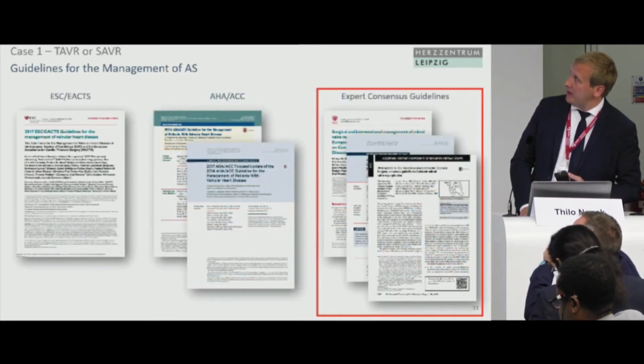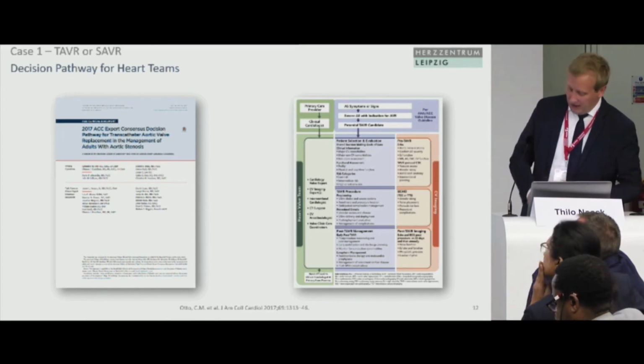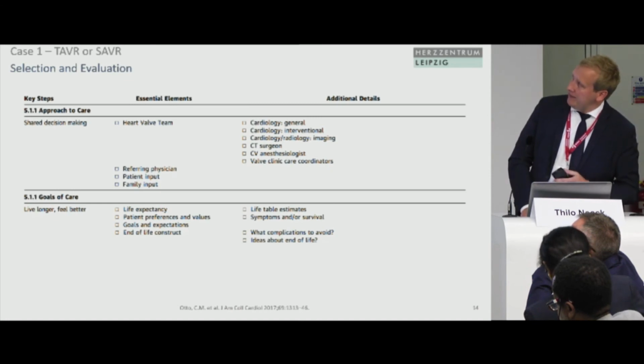Now we look a little bit closer at the expert consensus guidelines. The best guideline from my point of view is the ACC expert consensus document, the pathway for transcatheter aortic valve replacement. So we start with the patient selection and the evaluation process, and that is a step-by-step approach. I would like to show how we decide in Leipzig, or how we perform shared decision-making in this case. We have a heart team, we have the information from the referring physician, and the goal of the therapy is that we would like to